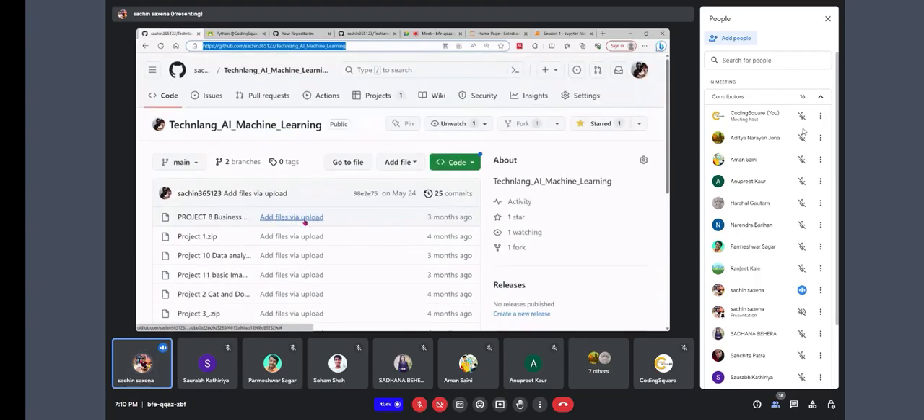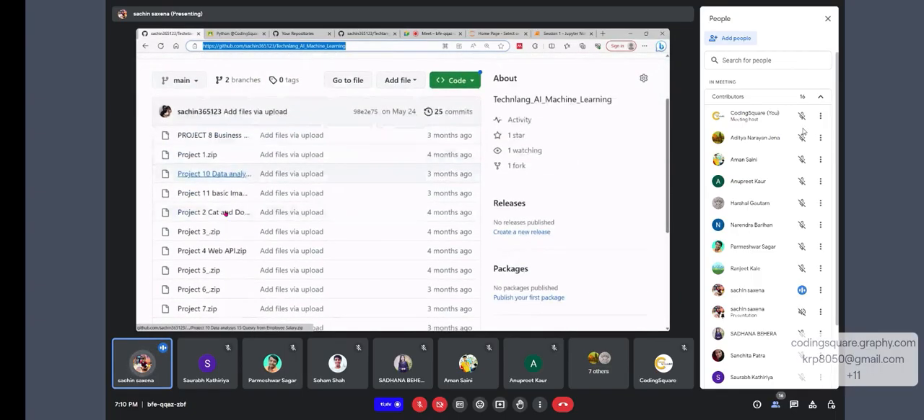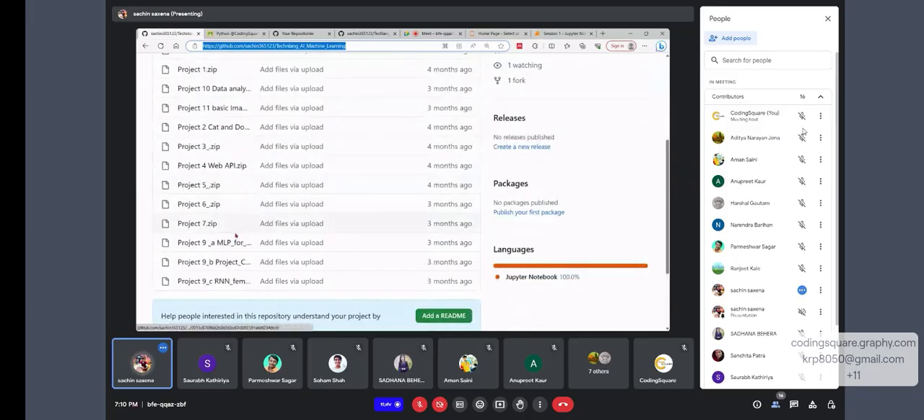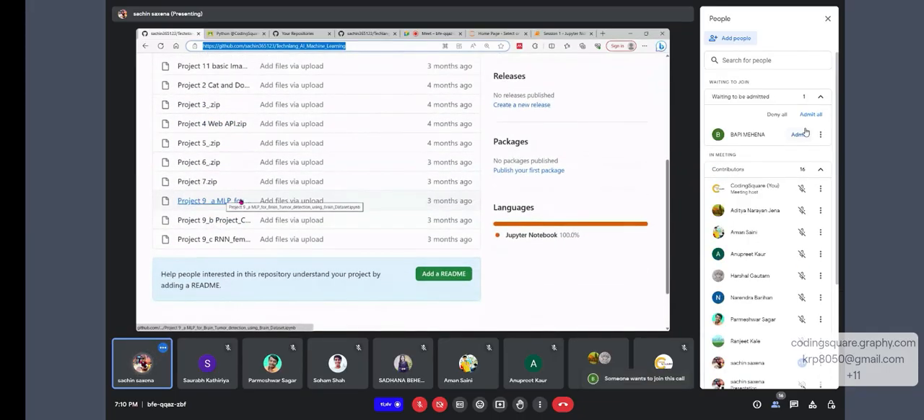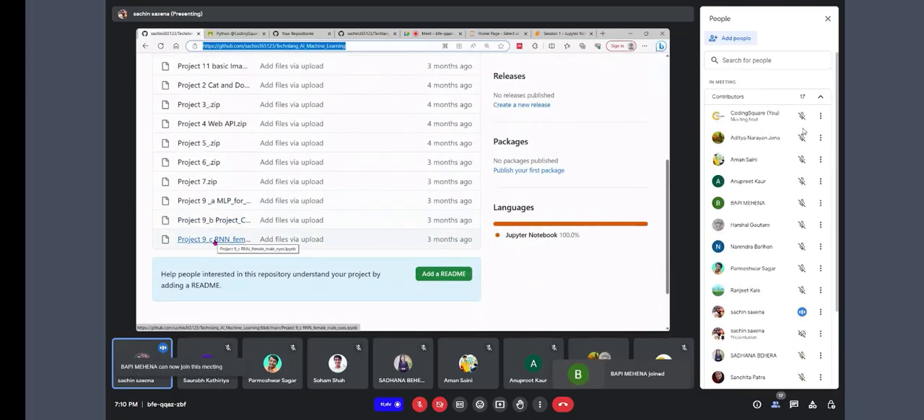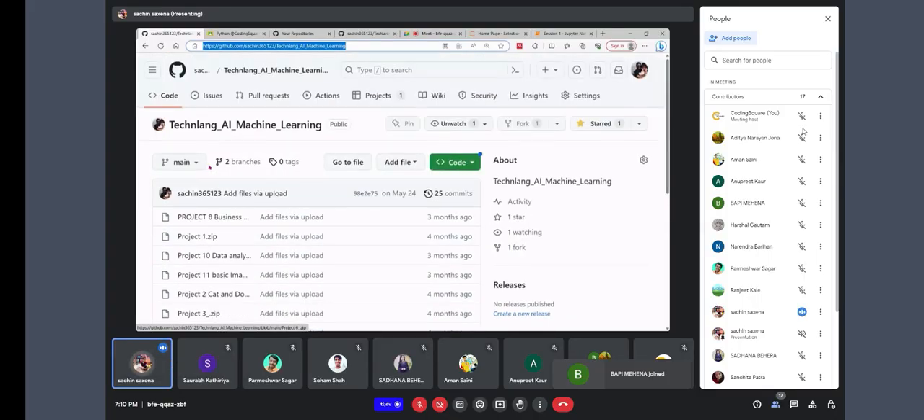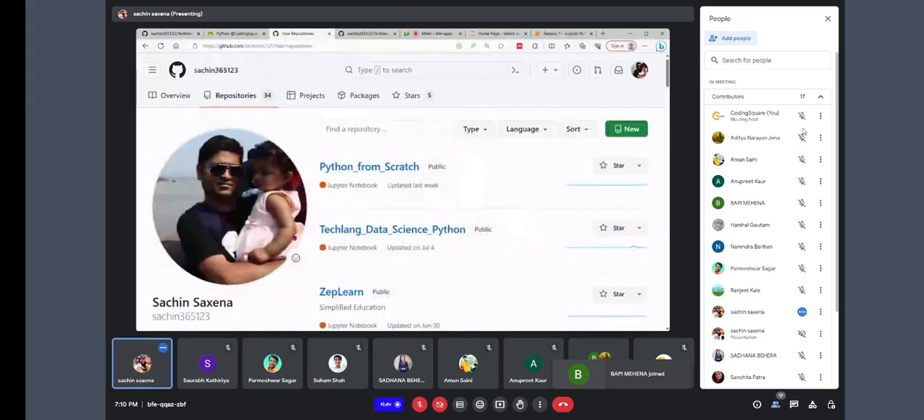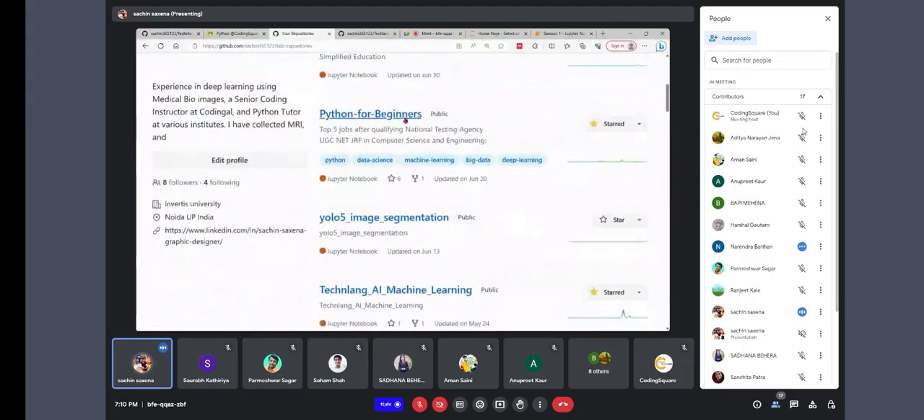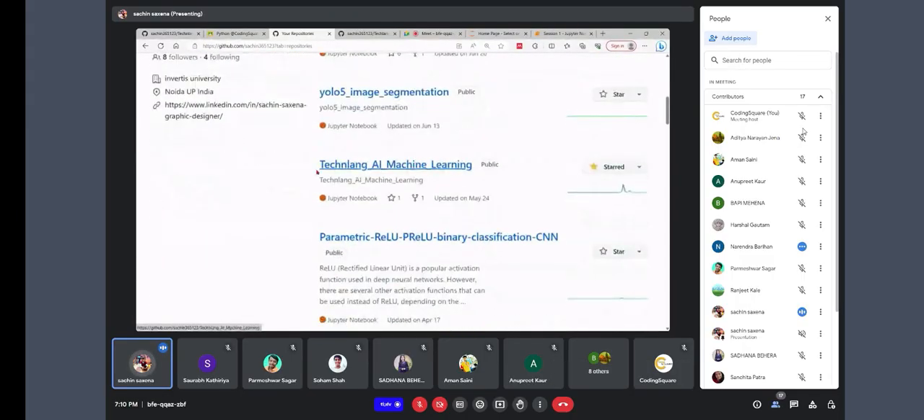If you go back to the master data set, machine learning, we have basic image processing, web API. We will be discussing machine learning perceptron, a project on cat and dog data set, recurrent female and male eyes. These projects we will be discussing, right? If you go for the other, like we have Python for beginners, your low image segment, which is the part